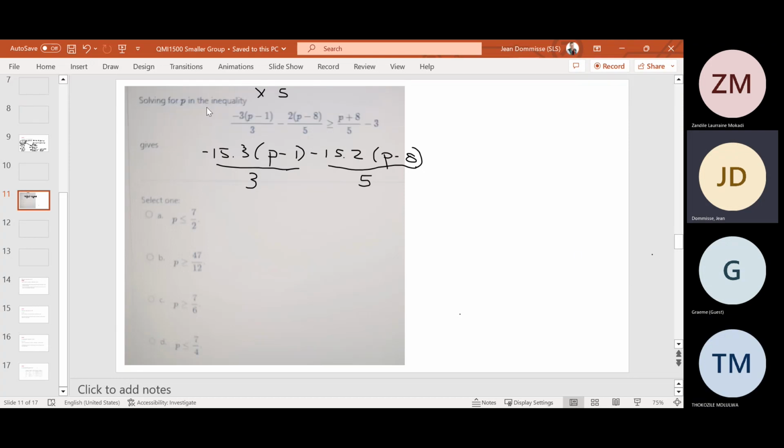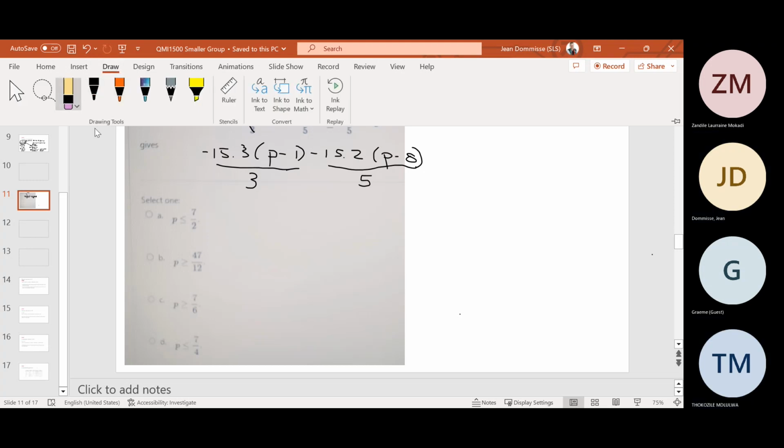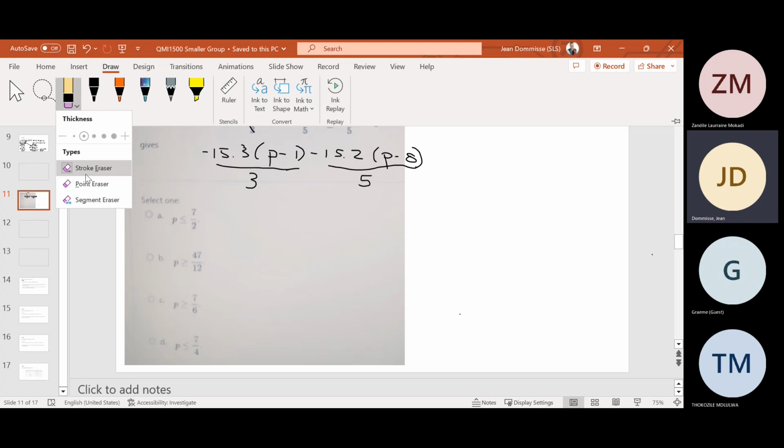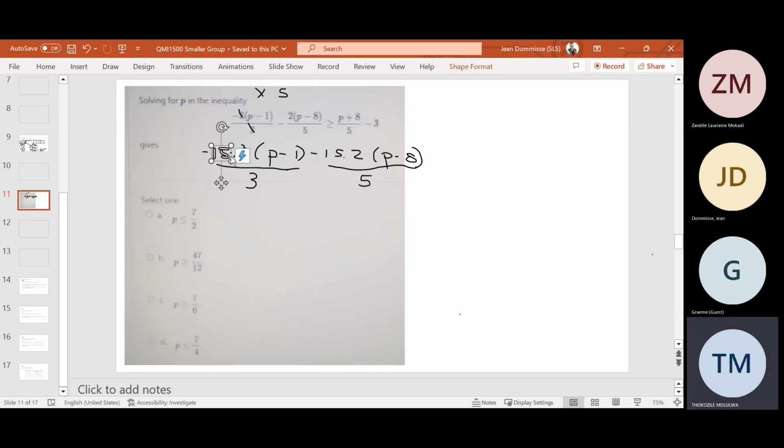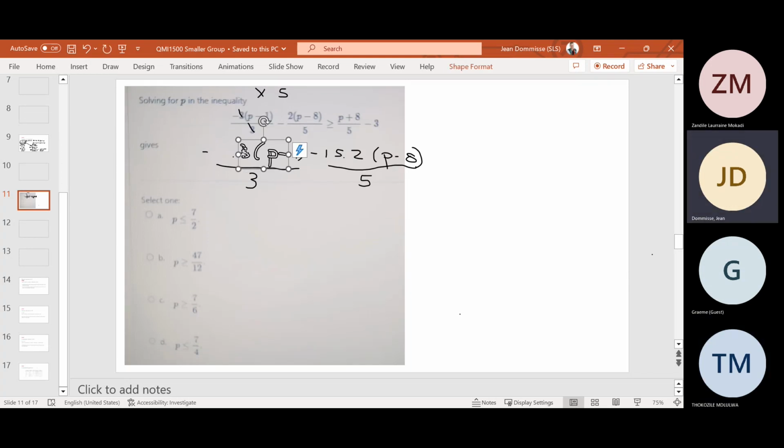So one could have made it easier is to say, okay, 3 goes into 3 there and there. So instead of 15, we actually only work with 5. So multiply by 5 across and not 15. Let me just take out the 15 everywhere. That would have been